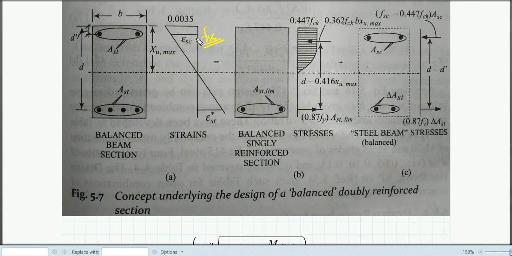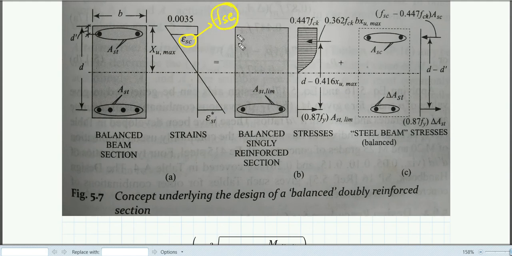The same thing we have not done for tension steel, because there we have not even considered the concrete to be present. So concrete is not an issue there, but there are certain limits. You already know the limit, that is 0.002 plus 0.87 Fy by Es, but we are not talking about that. The important thing is that the strain in the compression steel should be the same as the strain of the concrete. According to this strain, you have to find out the stress in that particular steel.